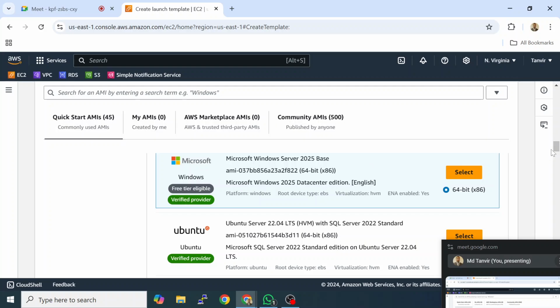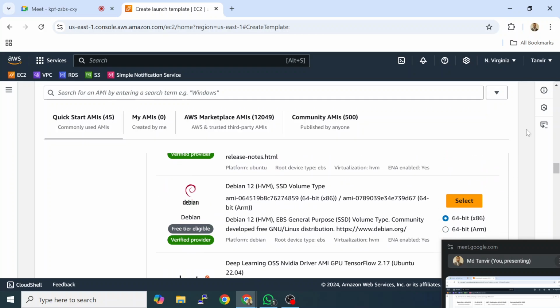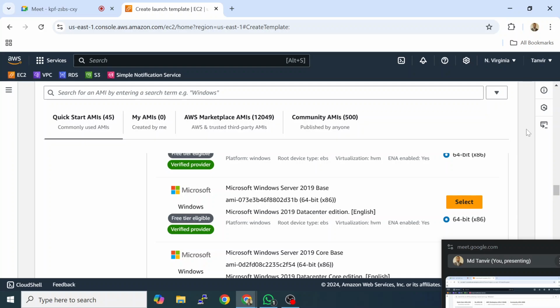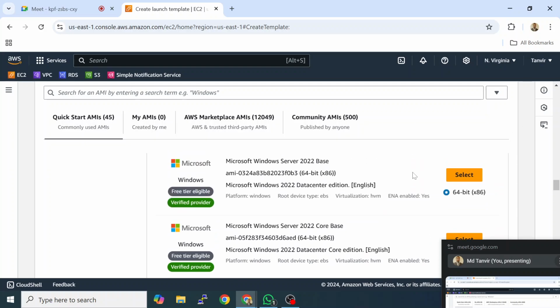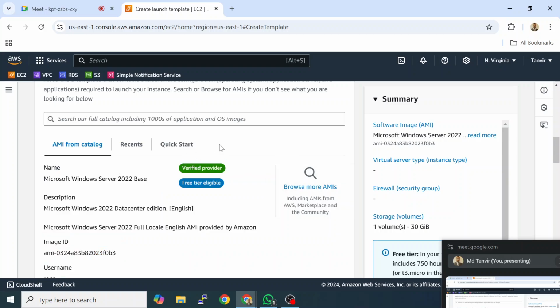So here you will get the list, and from this list we'll select Windows Server. As you can see, it is showing Windows Server base 2025, core base. You see now we have the updated servers here. So we'll select here 2022 base. You can select 2025 also, but we have not checked yet what is there in this 2025. Now it's selected. Moving to the next,